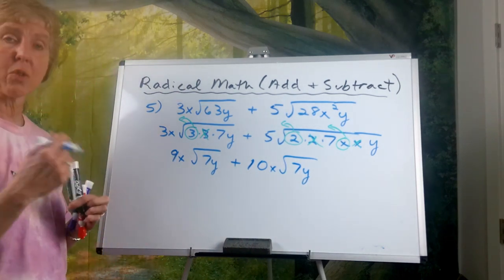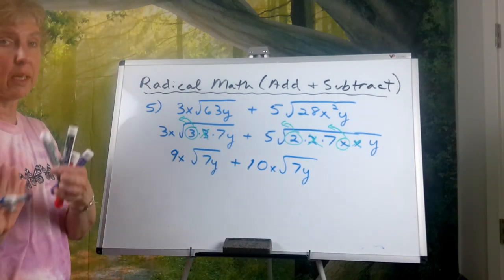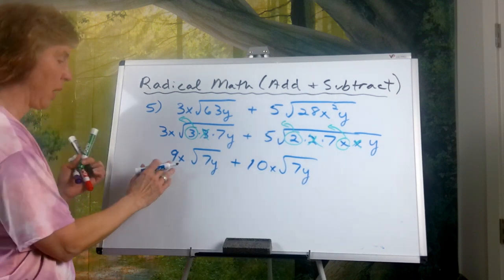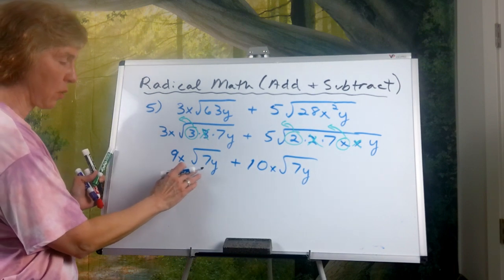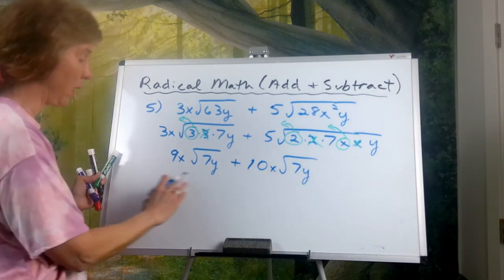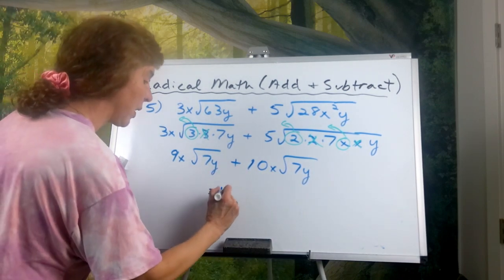Now with variables too, you have to make sure that even the ones outside have the same like terms. That is, this can't be an x squared, for example. So this is an x square root 7y. This is an x square root 7y. I've got 9 of these. I've got 10 of these. So I have 19x